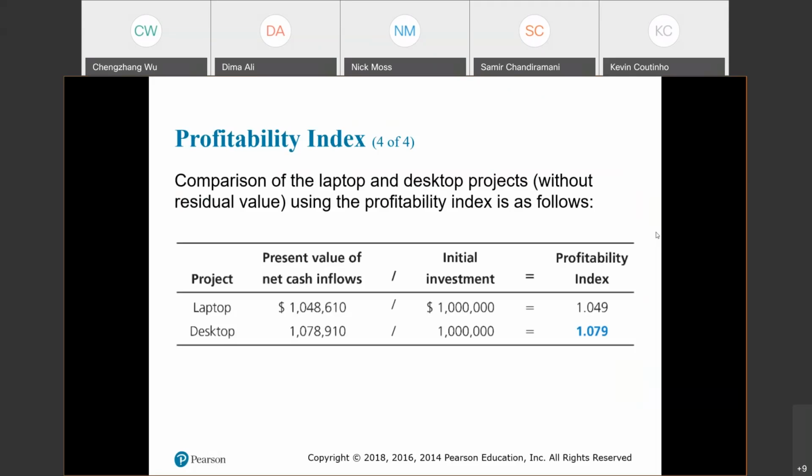Because the company chose desktop over laptop, the NPV of the laptop project is the opportunity cost. And the opportunity cost is the benefit foregone by choosing an alternative course of action, as you learned in the previous chapter. Well, this is NPV. The last thing I will discuss is IRR.